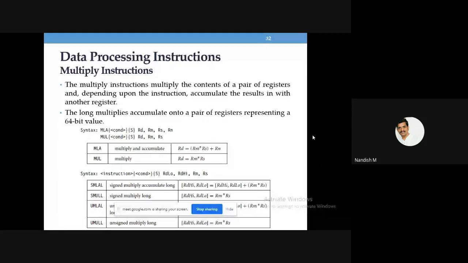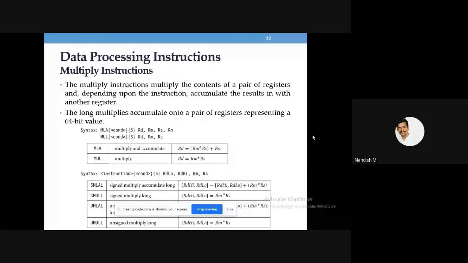Whenever you multiply, the size of the number can cross more than 32 bit. Because the register size is 32 bit, both the registers are 32 bit. If you multiply, the number can be greater than 32 bit. That is why there is a chance of getting a long value.